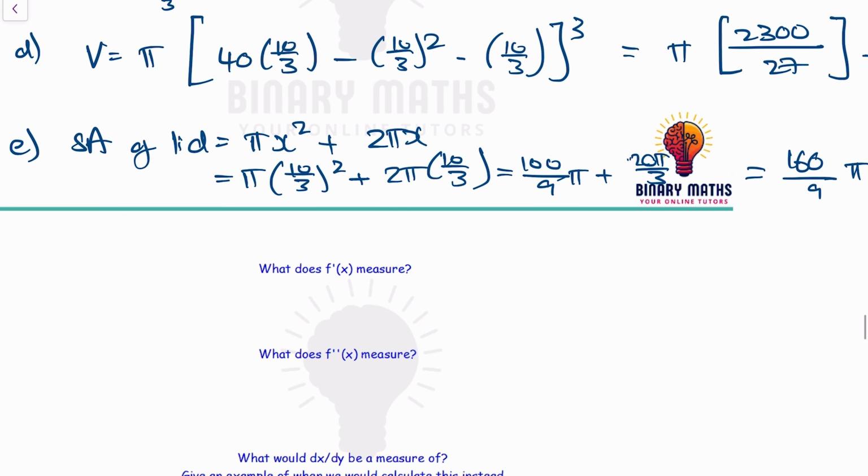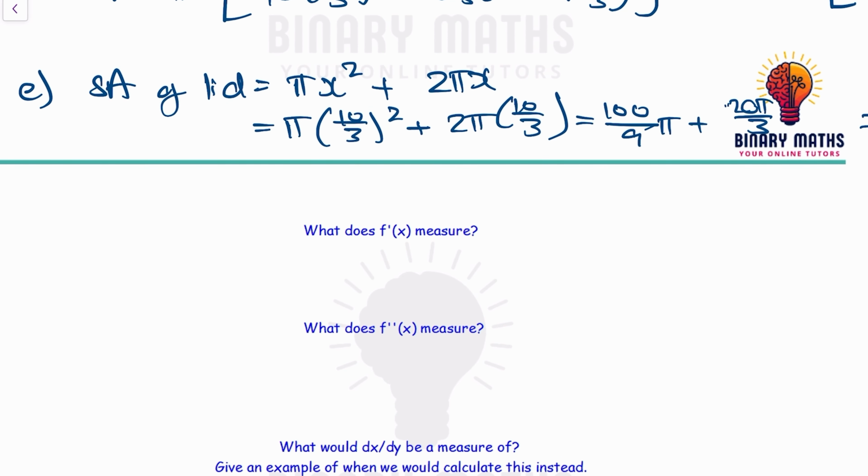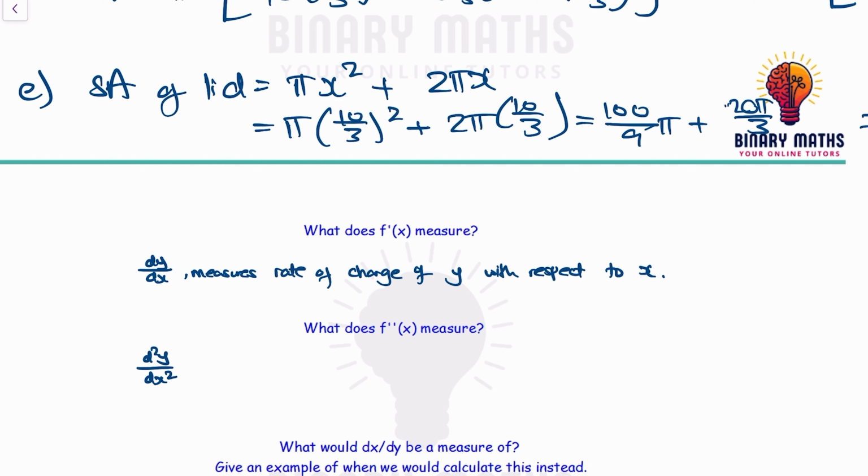Okay, so what does f dash mean? It's dy dx, so it's the same thing as dy dx, and it measures the rate of change of y with respect to x. Okay, that's what you need to remember. What does f double dash of x measure? It measures d squared y over dx squared, so it's the second derivative. It's the rate of change of f dash of x. So it's how f dash of x is changing with respect to x,